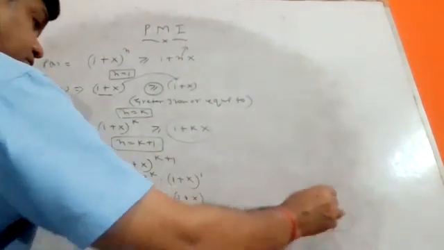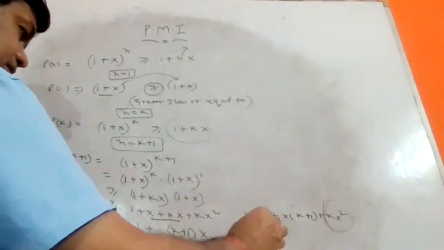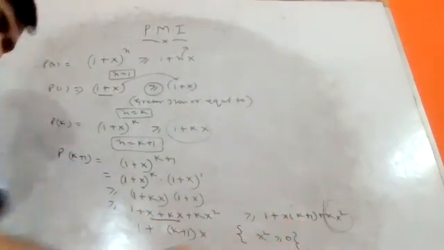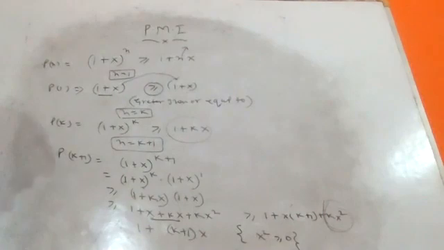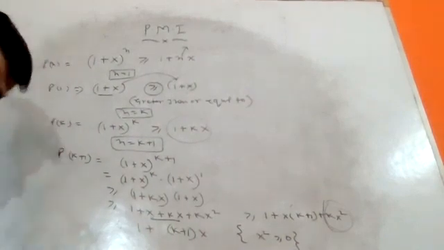Why are we leaving this term? Because here you have to give an expression like that: x square is always greater than or equal to 0. You have to give this reasoning here. Why did you leave this expression? Because this value is always greater than 0. That's why we can write this expression as 1 plus (k plus 1) into x. Clear? So this expression is true for n equal to 1, n equal to k, and n equal to k plus 1. This is another inequality based question. Clear? Hope this point is clear.